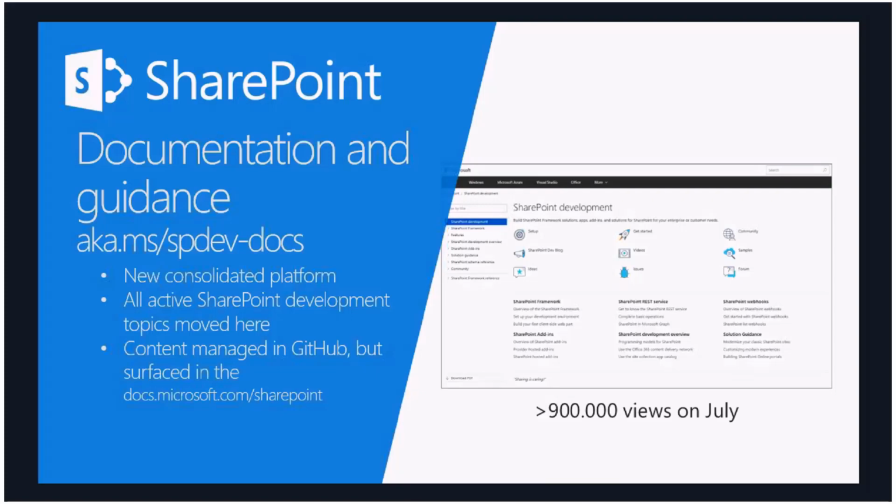So all of the articles have been already updated to match SharePoint Framework 1.6. Now, the other thing that I always keep in here, which we are slightly behind schedule on, is the issue list. So making sure that we